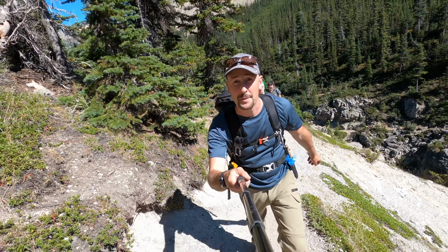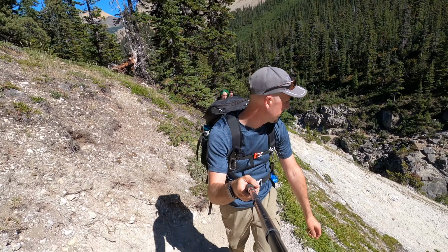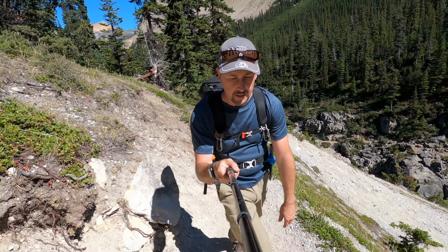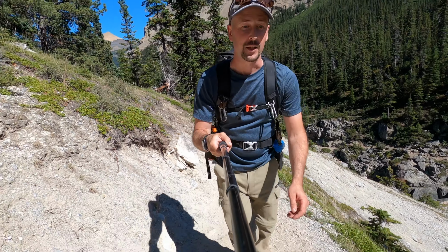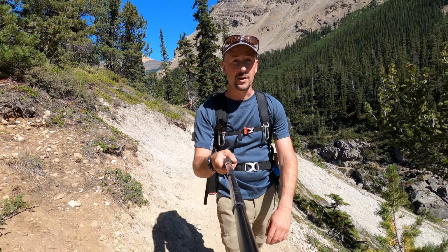So the girls are finally happy because we've passed the last steep part, and it goes up slightly more a little bit here, but it's pretty mild. And you got these big steps that you can go up, which is very, very cool. And then you get on top